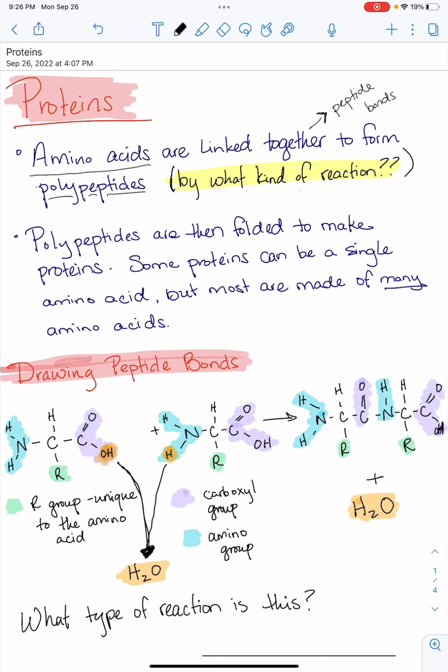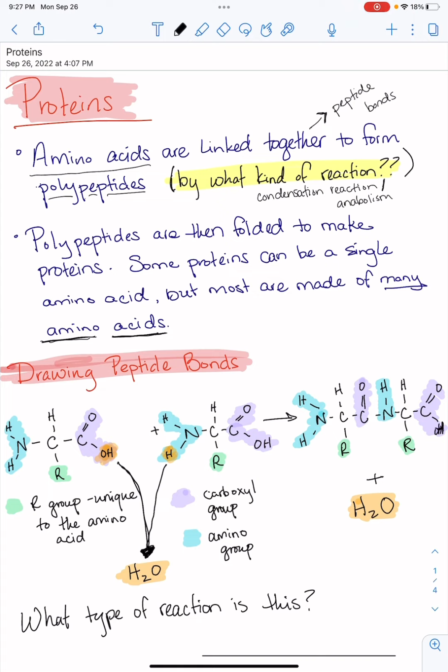Again, we should remember that any kind of reaction that links together molecules to make a macromolecule, so that's a condensation reaction. Hopefully you said it in your head, condensation reaction. Which is also anabolism. Okay. Polypeptides then get folded to make proteins. And then some proteins can be single amino acids, or they can also be multiple amino acids. Sometimes proteins have more than just amino acids, but for the most part, just understand that polypeptides